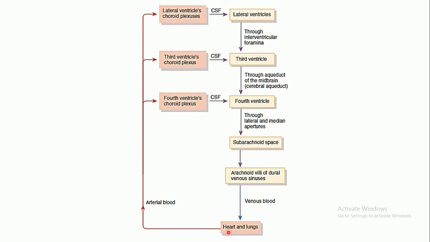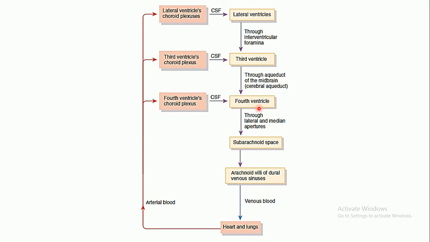So from the heart, the arterial blood which moves towards the brain is getting filtered, right? In the lateral ventricle choroid plexus, it will get filtered. So CSF will be entering into the lateral ventricles. In the third ventricle choroid plexus, again filtration will take place, some more amount of CSF will be added. And in the fourth ventricle choroid plexus also formation of CSF will take place and it will be added to